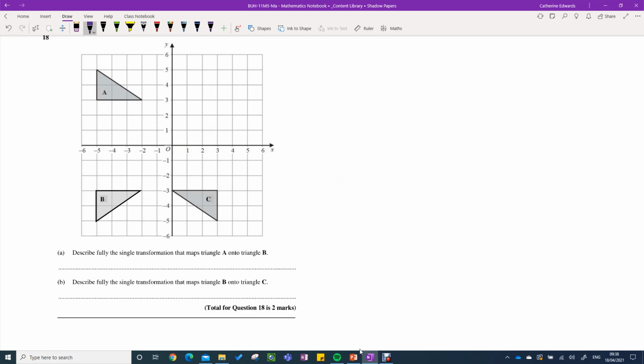Describe fully the single transformation that maps triangle A onto triangle B. Well, I can see that this has been flipped over, so it is a reflection, but I've got this "fully" bit. So I need it in the line,